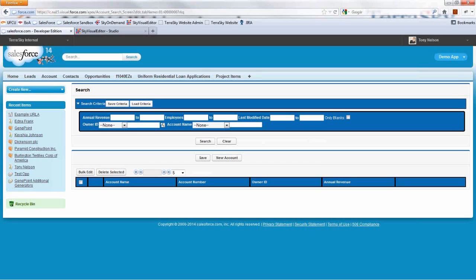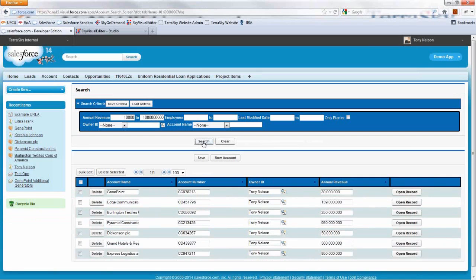So instead of having to use the search bar at the top of the screen and use a wildcard search like the asterisk at the end of it, so you may type in INC and an asterisk to find anything that's got that included in the name, instead of trying to find accounts that way, what we can do now is find accounts in a more broad sense. I can have my sales team find all accounts that have an annual revenue between $10,000 and $1 billion, as an example. And now we can just quickly search that, and it'll pull back all of the search results and show that